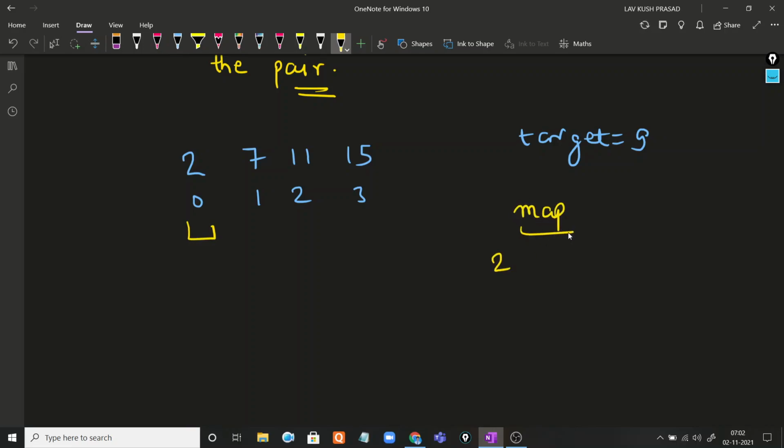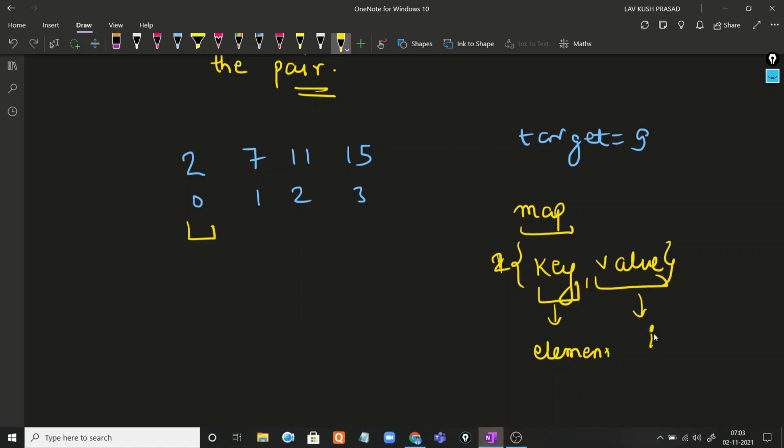Okay, and there are two parts, key and value, present in the map, right? In the key we put the element, and for the value we will put its index, like 2 has index 0, and 7 has index 1, and 11 has index 2, right? And for 15 the index is 3.